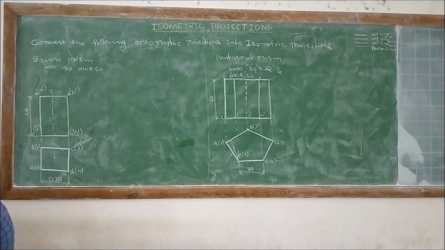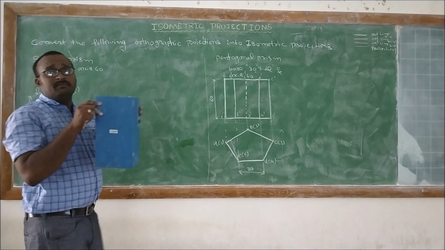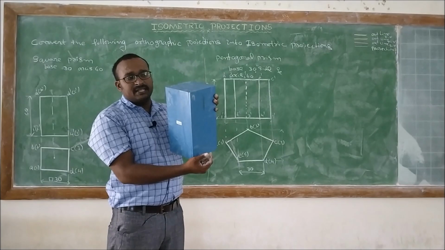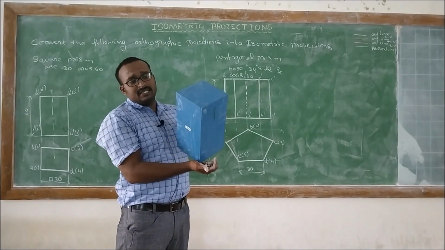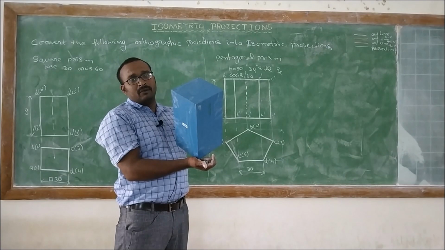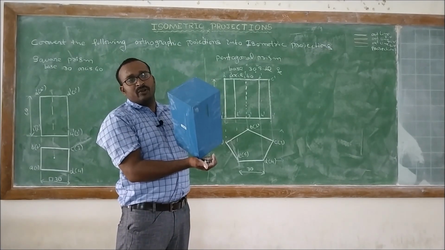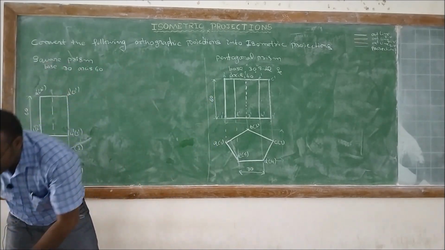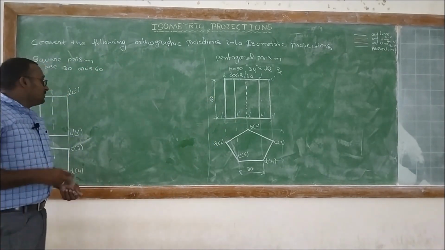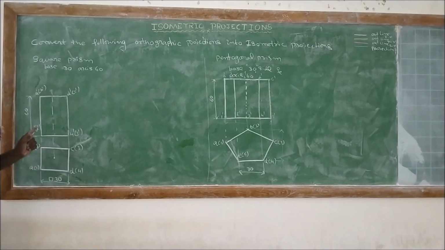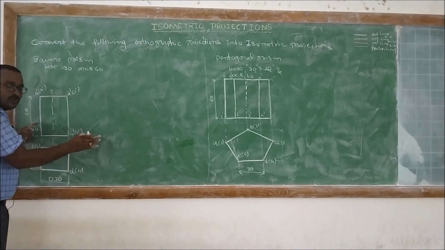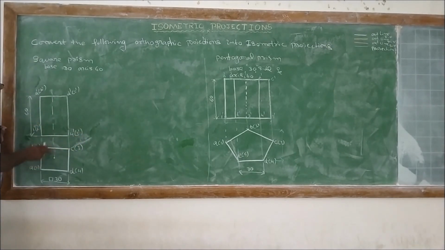So here this is the square prism of base 30 mm and axis 60 mm long. When it is resting with its base on HP, draw its three-dimensional view. Here this is the three-dimensional view of the given problem. Here that will be the 30 degrees, 30 degrees, 30 degrees inclination with ground, right? So here, whatever the problem it is, whenever we are going to convert that orthographic view into isometric view, we must observe the front view and top view of the given problem.